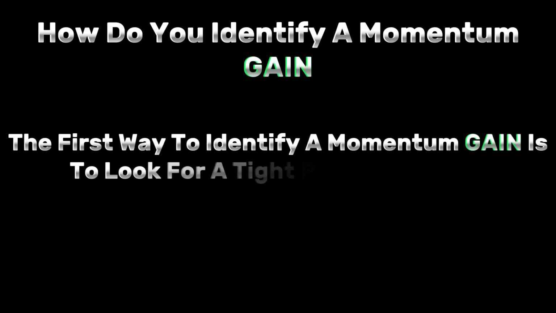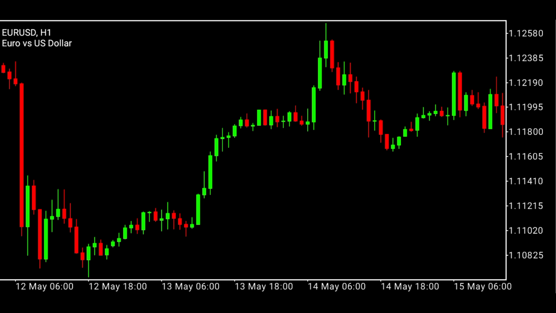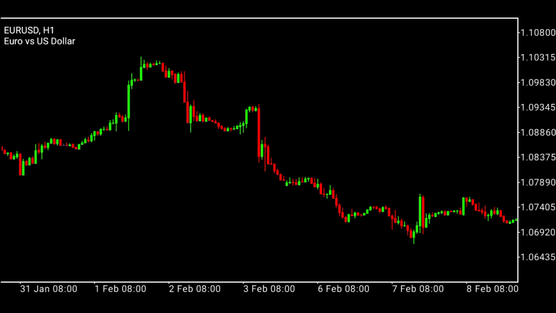The first way to identify momentum gain is to look for tight price movements in an uptrend. Notice how prices are very tight together, without wide swings, which shows that buyers are in full control, and that not enough sellers are in the market to cause swings in the opposite direction. You want to trade with this upward gain of momentum and not against it in the opposite direction. In a downtrend,